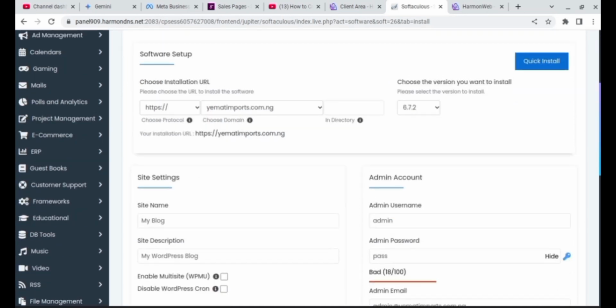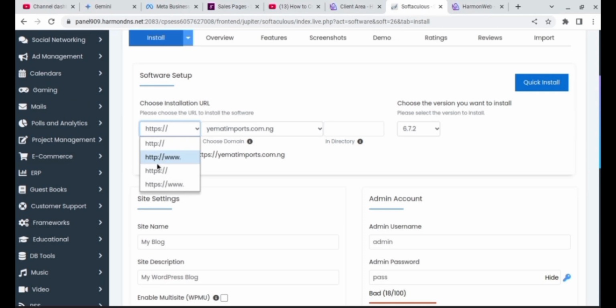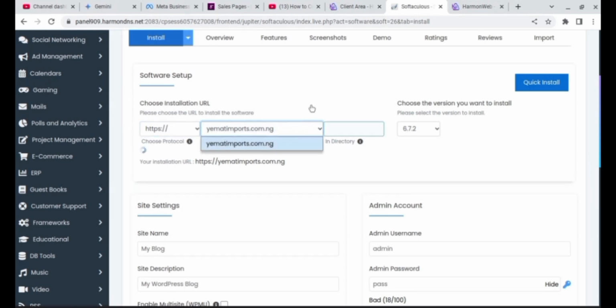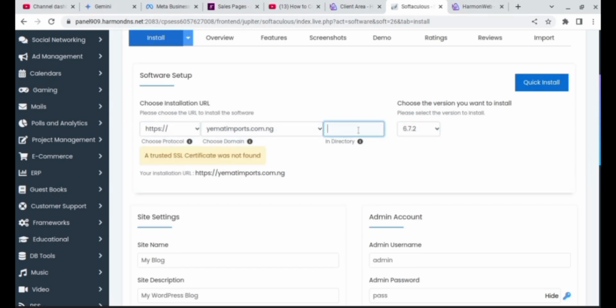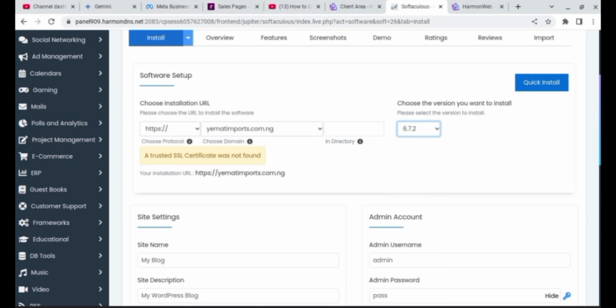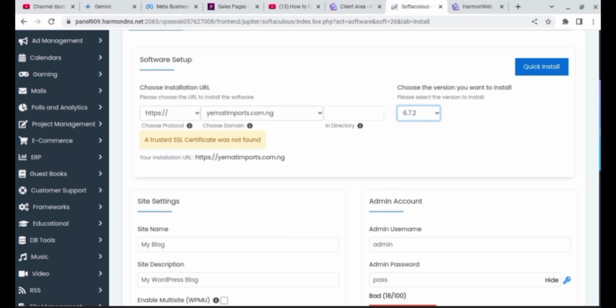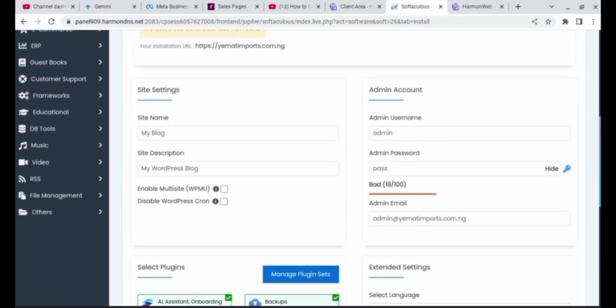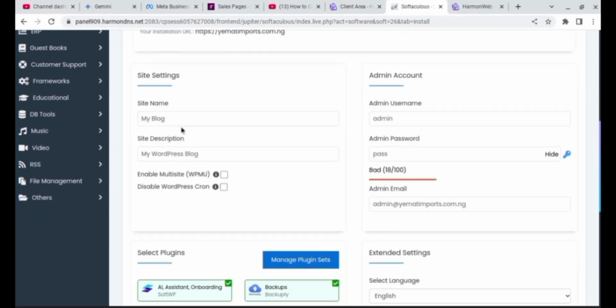Then you scroll down. Make sure you select the protocol, select HTTPS, select the third option. Make sure that this is your domain name. And in case there is anything in this directory, make sure you remove it. Like if you see WP, remove it. Make sure that this space is blank. And you can select the version you want. So I will select the latest version, which is 6.7.2. Okay. Then you scroll down to the site settings, type in the site name,